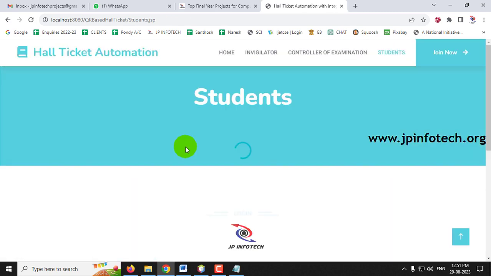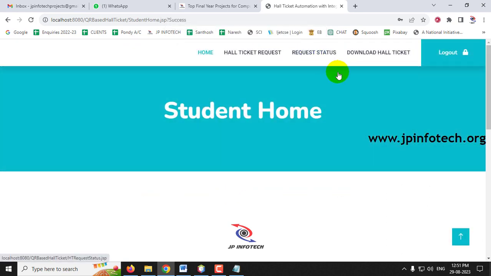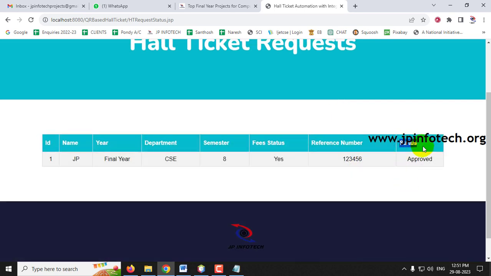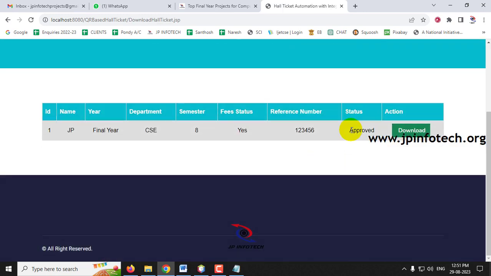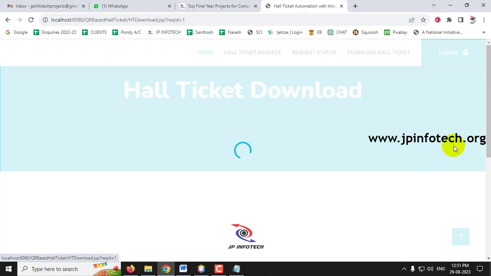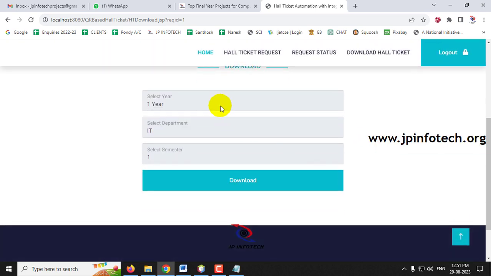If you go to the student part now, they can check the details. Once logged into the student details, if you go to the request status, you can see the status has now changed to approved because the controller has approved this request. And if you go to download hall ticket, you can see the status is approved. Now if you click download, an important point: